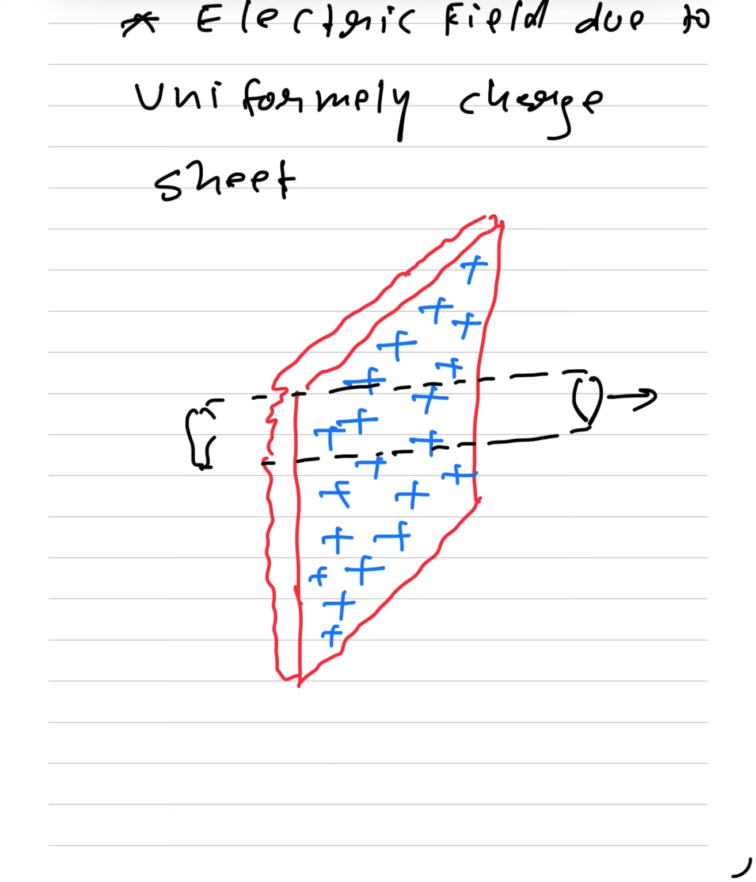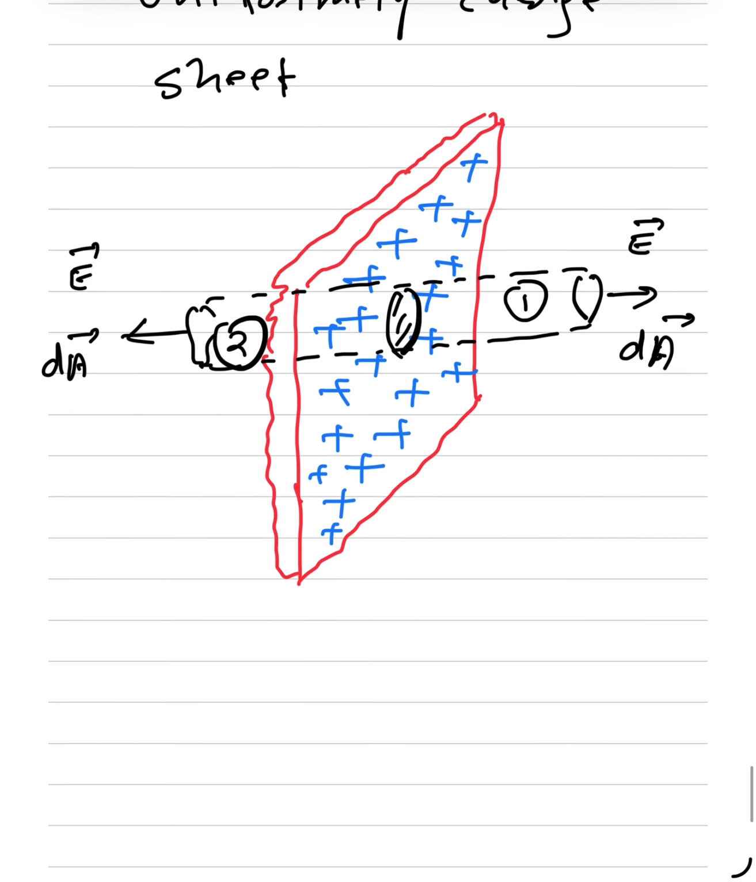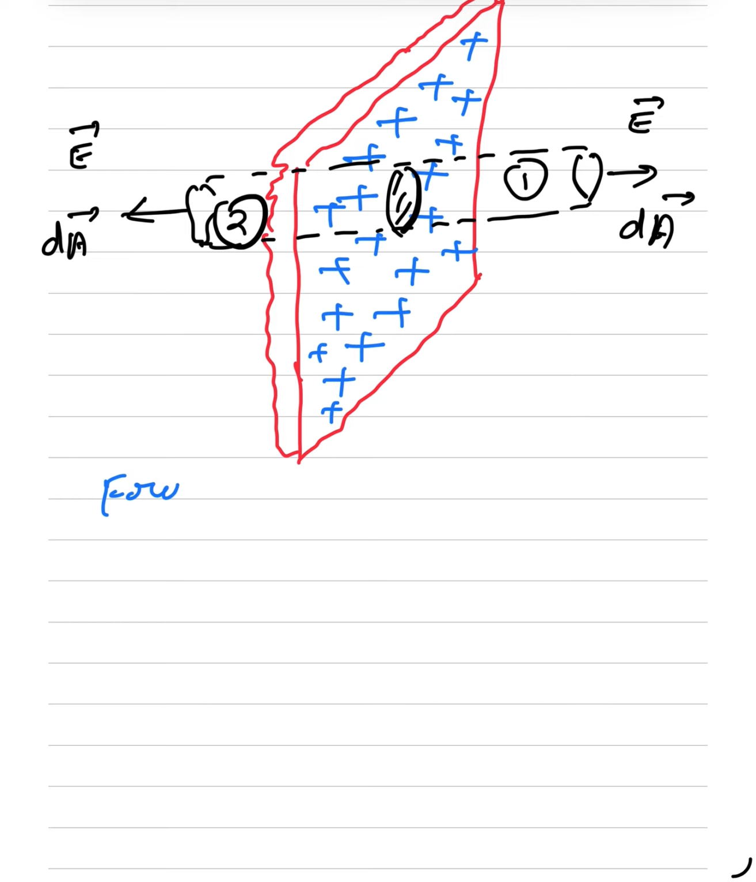In this region, the electric field and the area vector are along the same direction, vector E and area vector. This is the first point and this is the second point, and the area vector is along the same direction as the electric field, and similarly here vector E and the area vector of a small part of the charged sheet, a rectangular charged sheet, not spherical, right. From Gauss's theorem,